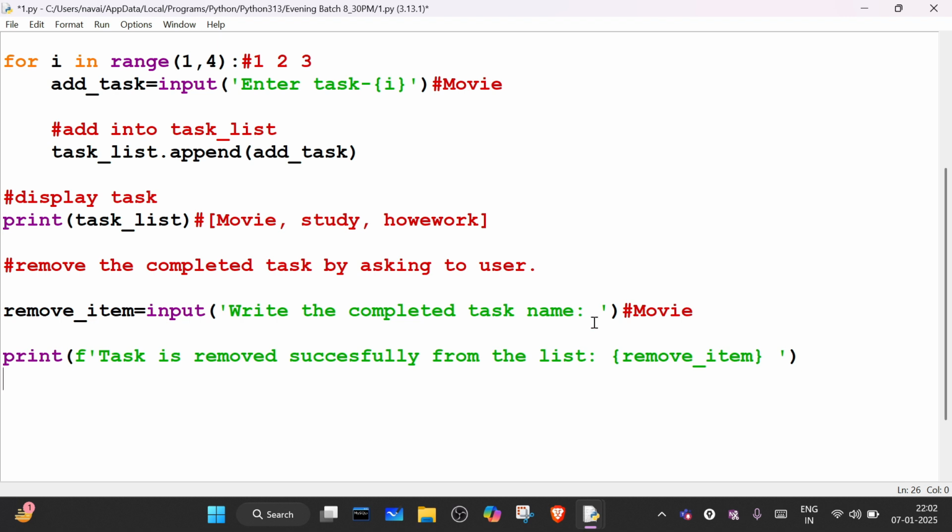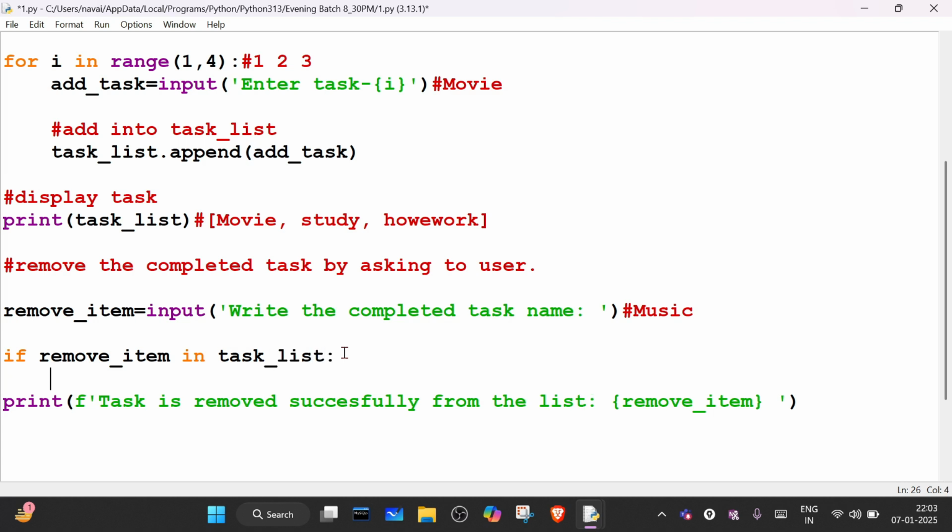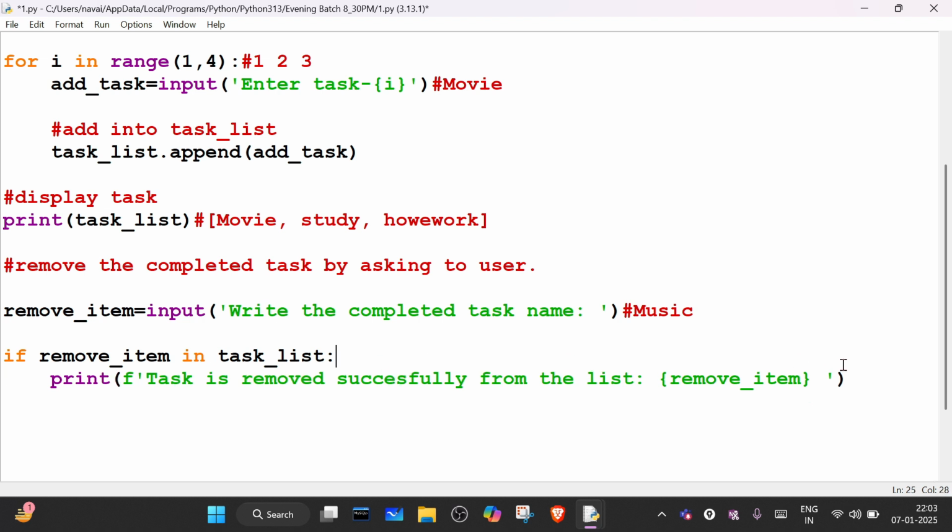Suppose the task is not available, then what will I do? Suppose the user is saying remove music, but music is not there in the list. So we need to check. Before removing, we will check if remove item is in the task_list, then we will remove. Then we will say item removed successfully. Otherwise, we will say,